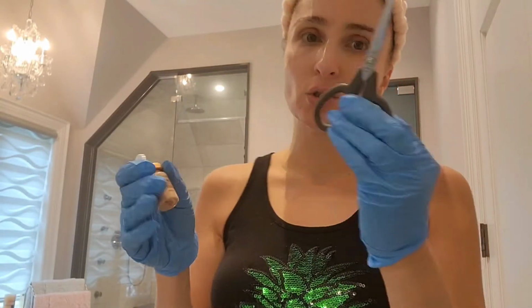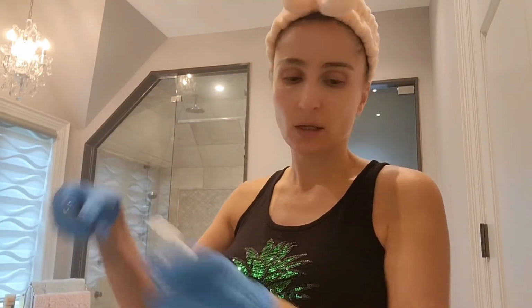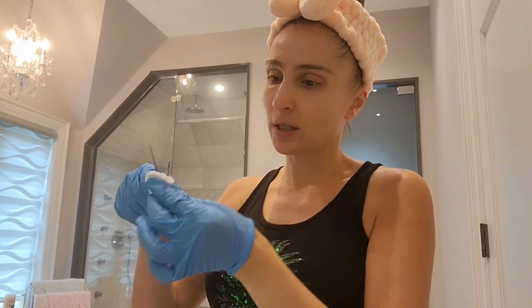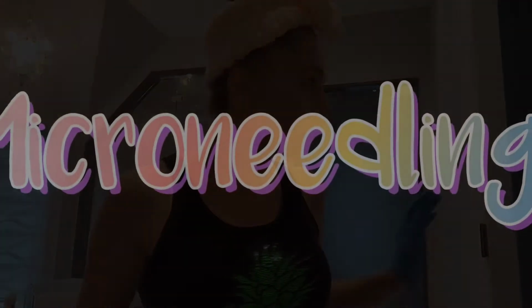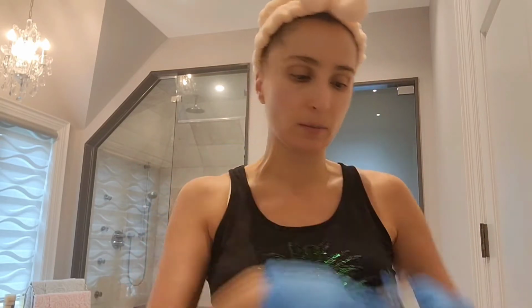So how do I open this? Sometimes it's difficult for me, so I use some scissors to open it. And before I use scissors, remember to always use alcohol. Make sure you disinfect them, use your cotton, and then open up. Normally I use scissors as well, so I open up